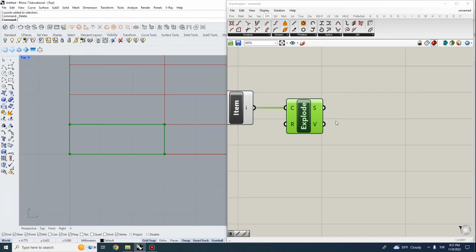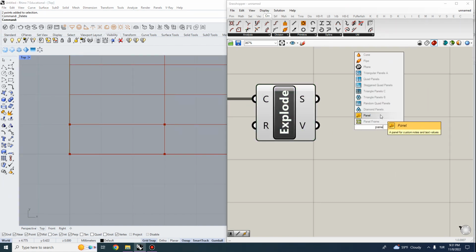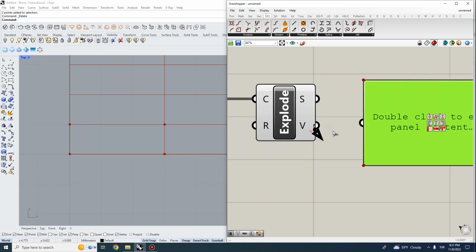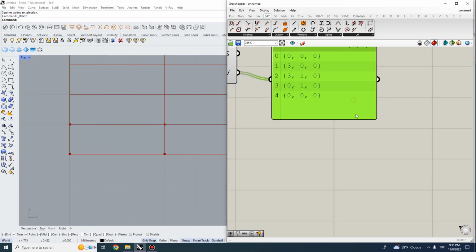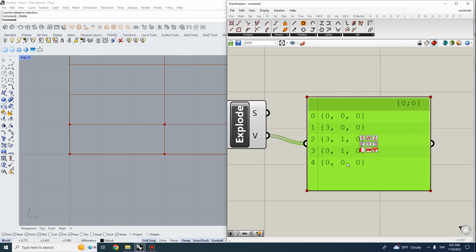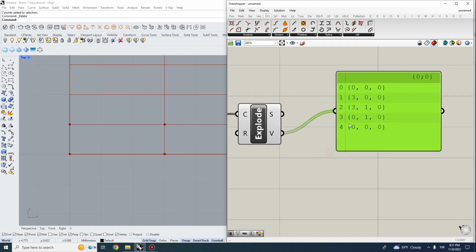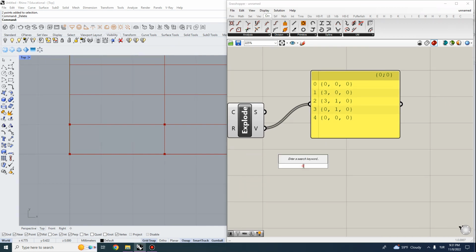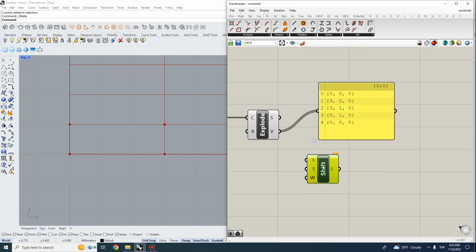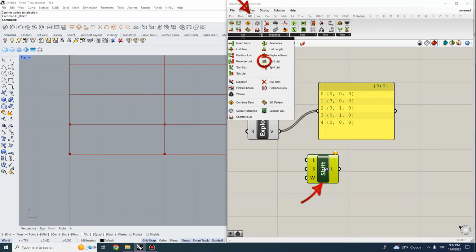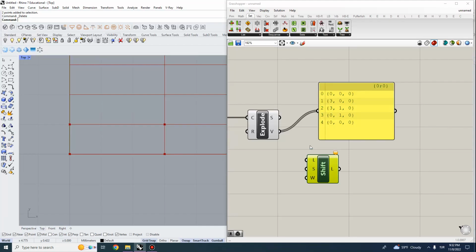We just need the corners. And if you look at what the point data is looking like, you can see that the first point and the last point are identical. So technically we can actually get rid of one of them. And we can achieve this by using shift list. So shift list is located under sets, list, and shift list, which is basically where we increment the index and